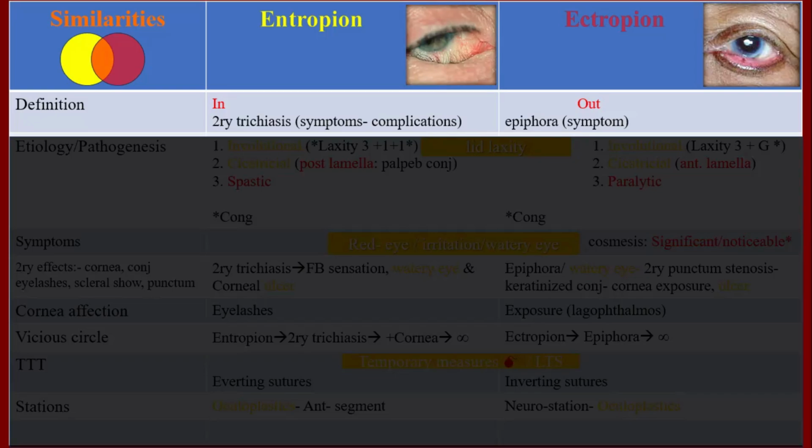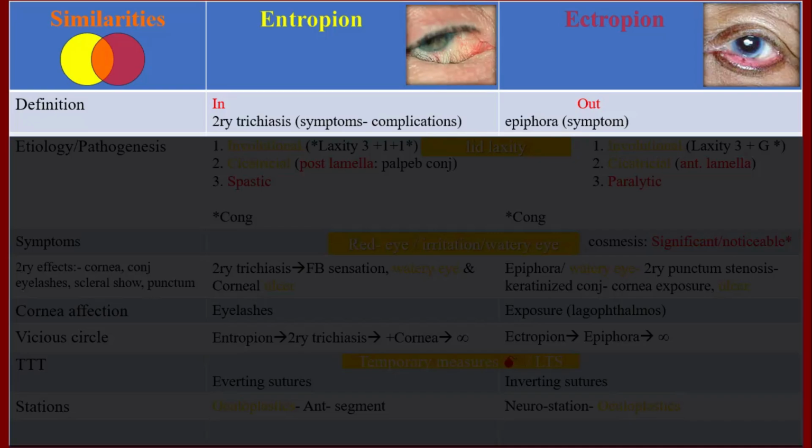So once we have entropion, we have secondary trichiasis, and eyelashes totally, collectively are responsible for the symptoms and the complications in entropion. While in ectropion, epiphora is an important symptom and sign as well because of malposition of the punctum, in addition to other mechanisms we discussed before. As you can see, the differences between